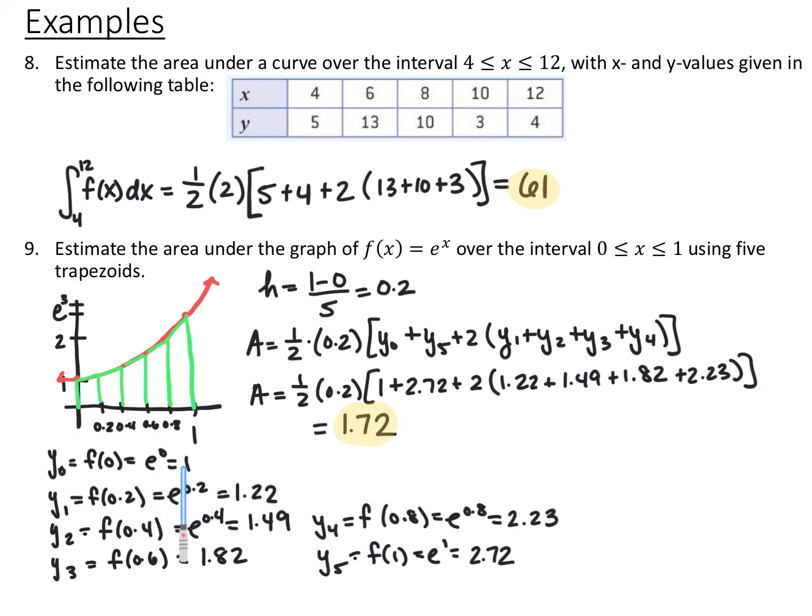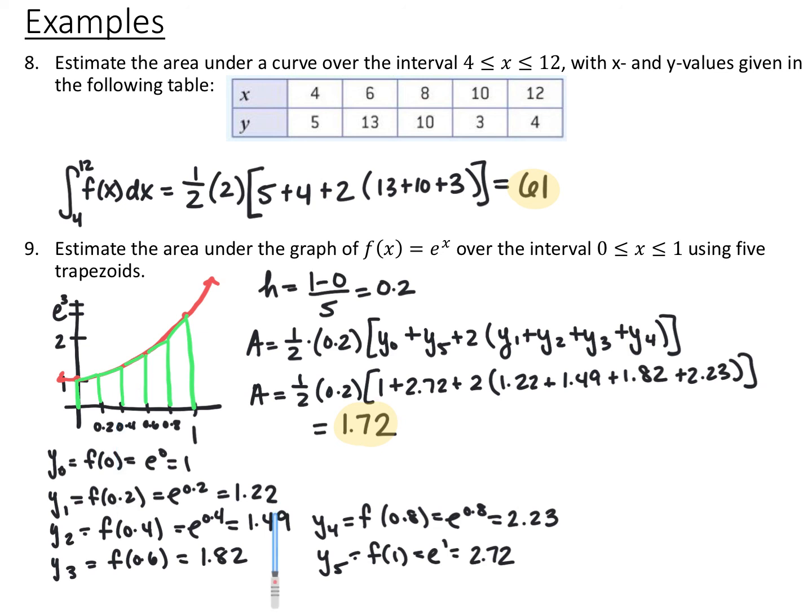Anything to the 0 power is 1. The next y-coordinate is when x is equal to 0.2, so I plugged in 0.2 for x. e to the 0.2 power is 1.22. Then if I move another interval of 0.2 over, the next one is at x equals 0.4,